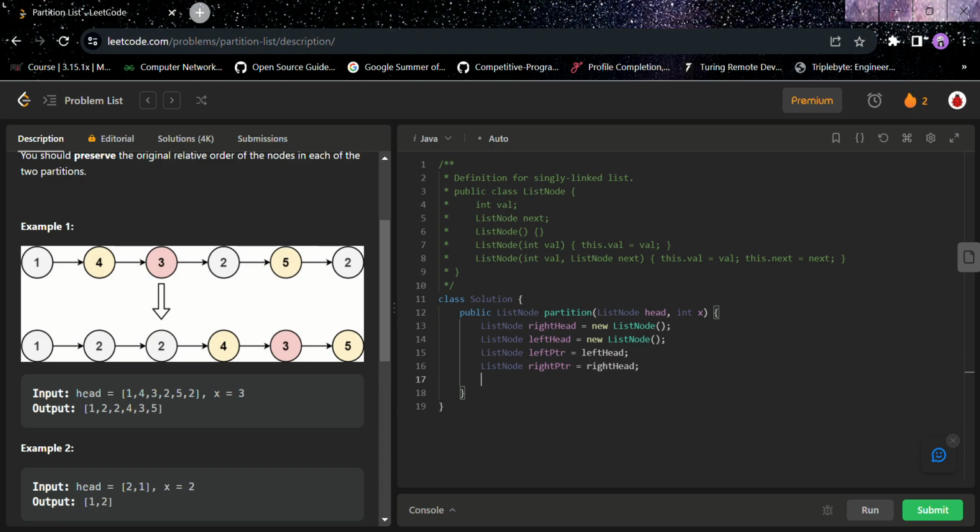Now we will traverse till the last of the list, that means until the value of this node is not null. We have to traverse from head, or we can have one more pointer, ListNode temp equals head, until temp goes null. Now while temp is not null,